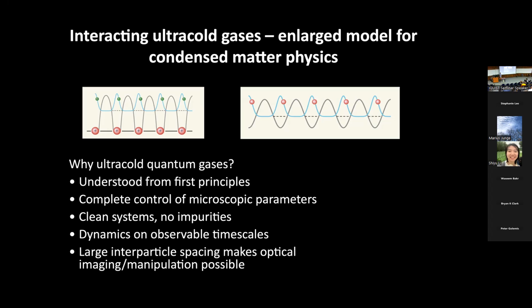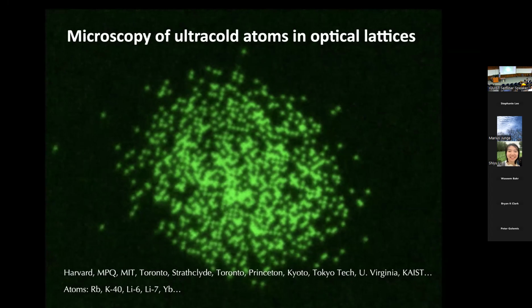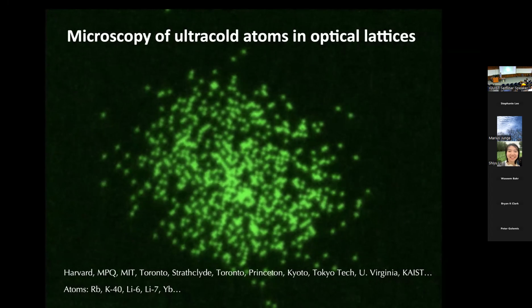And finally, as Jake pointed out, we have this technique of quantum gas microscopy that allows us to probe these systems with visible or near infrared light down at the single particle and the single site level. So in a way, maybe reminiscent of things like you can do with scanning tunneling microscopy, but even more powerful, as I'll show you shortly. So here's the kind of picture you get with a quantum gas microscope.